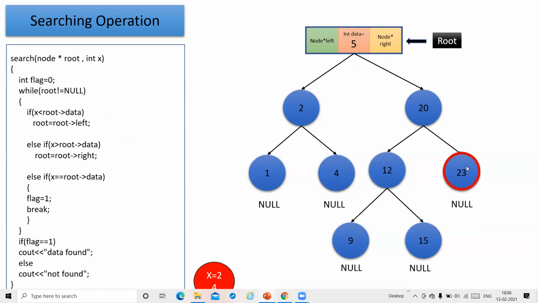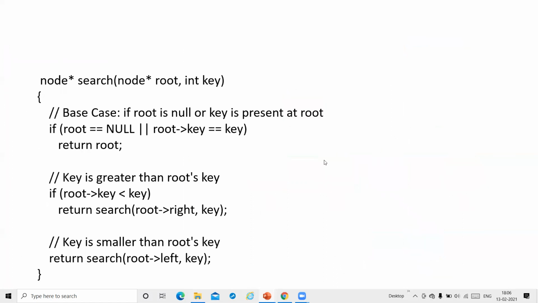But now it is 23 and this is 24, but the right subtree is over. So what will happen here? The not found message will be displayed, as the right subtree is going to end here. So this is the case for the unsuccessful search. In this way, this non-recursive code will work for the searching operation of the binary search tree.